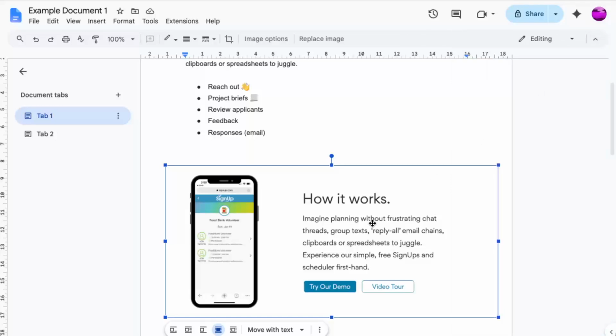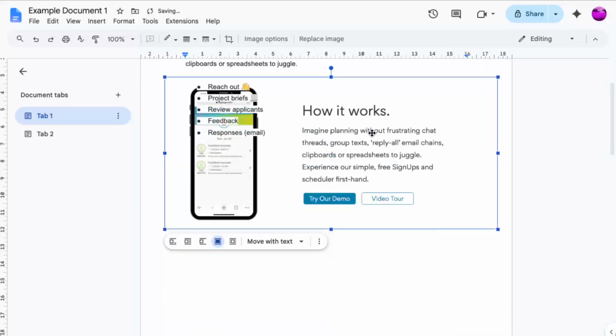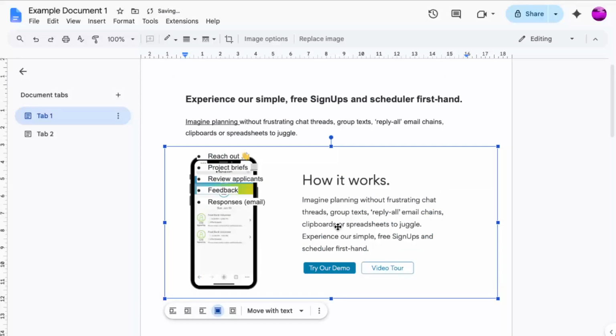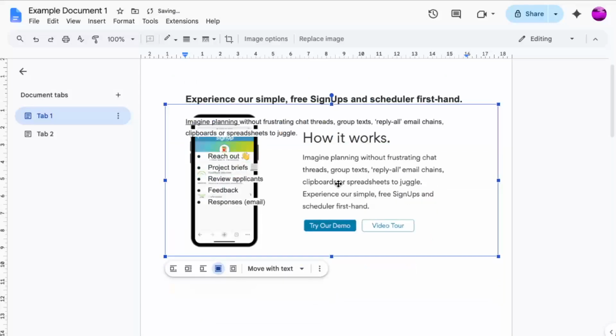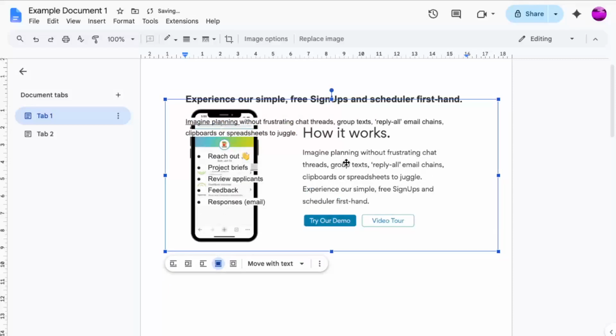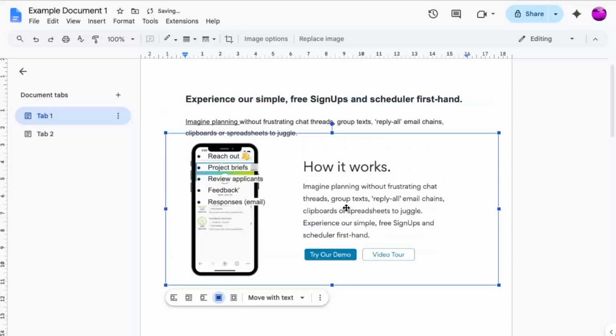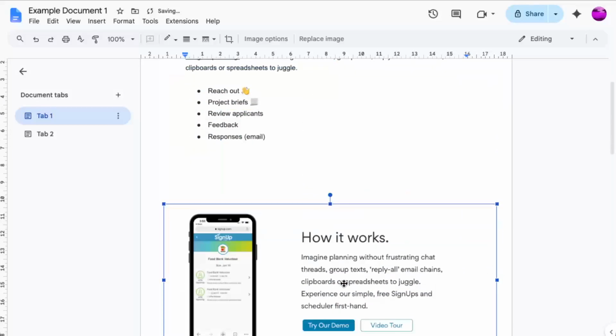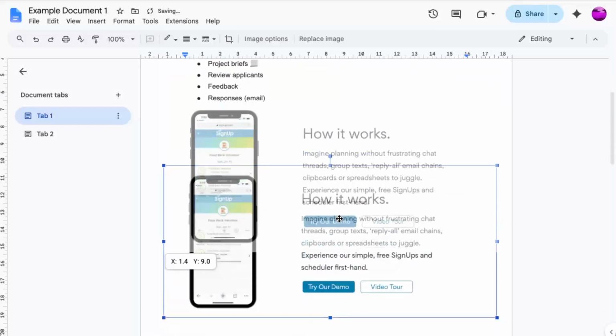As you move the image behind, the text will appear above the image. You may need to reposition the image a little bit so it lines up exactly the way you want. Take your time here, because small adjustments can make a big difference in how clean and readable the final result looks. If needed, you can also click and drag the image edges to resize it so it fits better behind